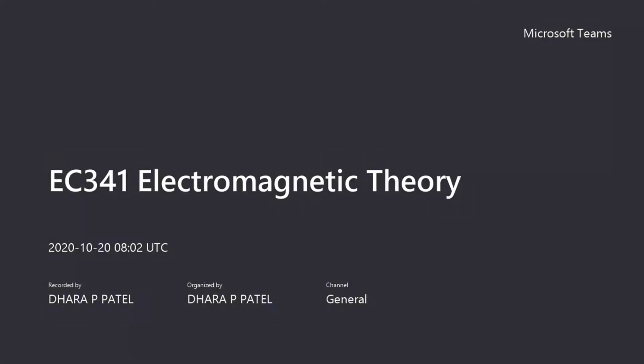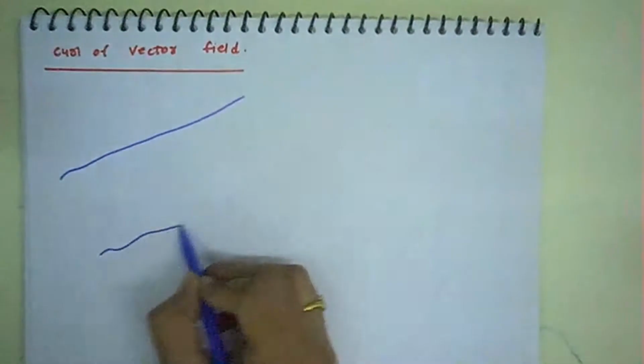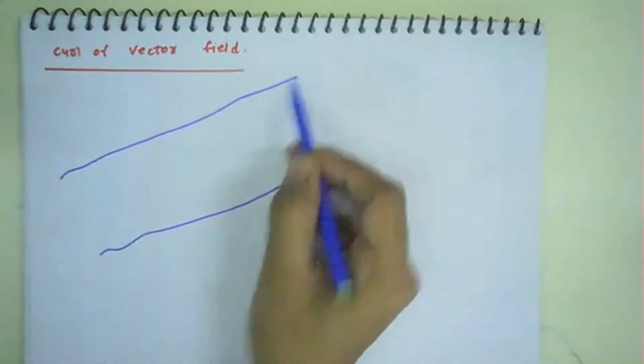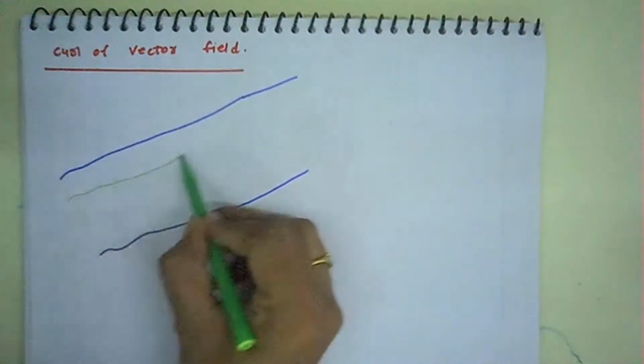We'll see first the curl of a vector field. Now, curl is a very important term to understand when we consider the magnetic field and the effects of the time varying electric field. So, what is this curl? In order to understand, let us consider one example. Here I am considering one particular space, and in this particular space a certain fluid is flowing,